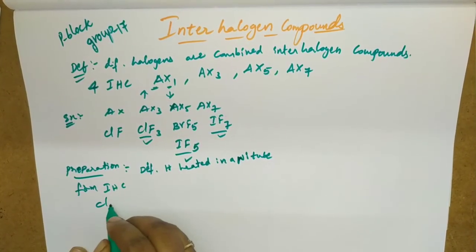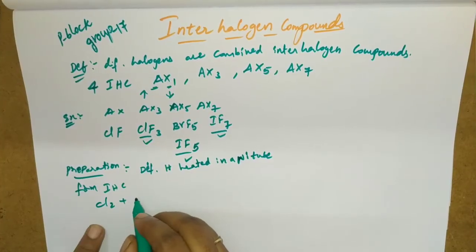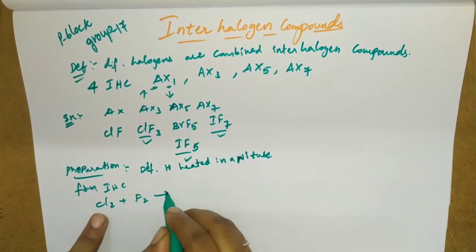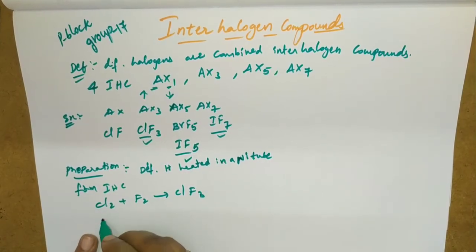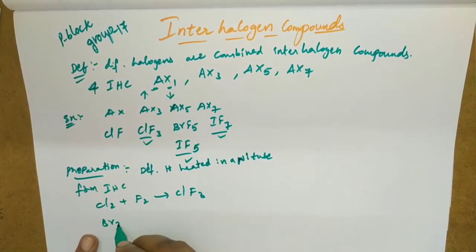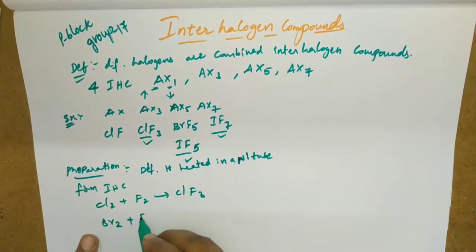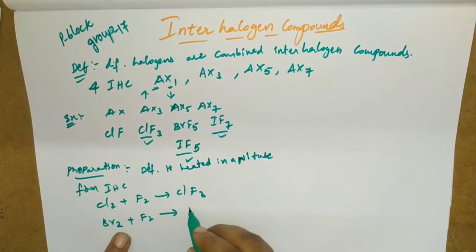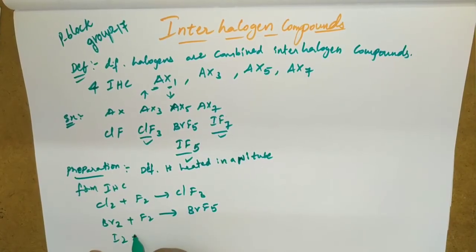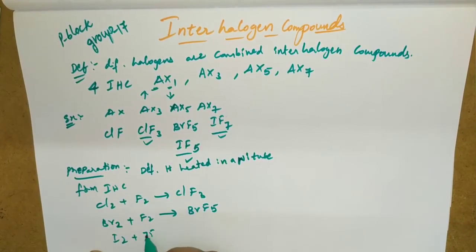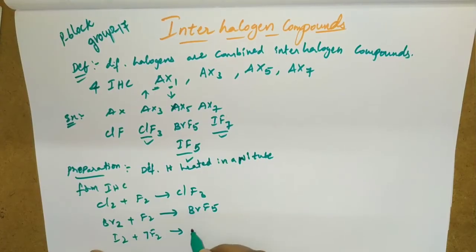What are the examples? Chlorine plus F2 gives rise to ClF3, bromine Br2 plus F2 gives rise to BrF5, and I2 reacts with F2 to give rise to